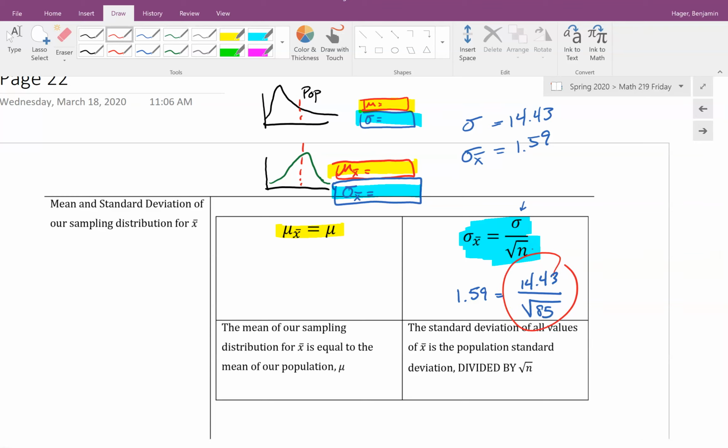14.43 divided by the square root of 85. In my calculator this is 1.57 if I round it. So yeah, pretty darn close. I was just rounding and things like that. And again, the larger n is, or the more times you do the experiment, the better this formula works, or the closer they get to one another. Okay. Well, this is really important because